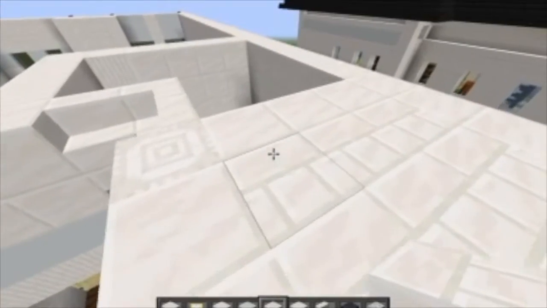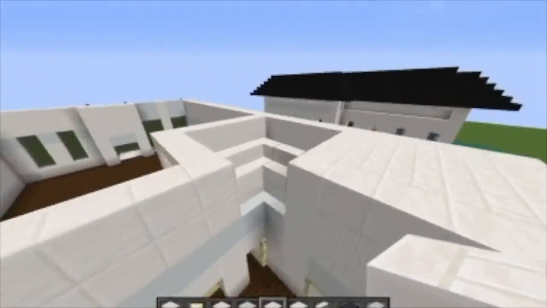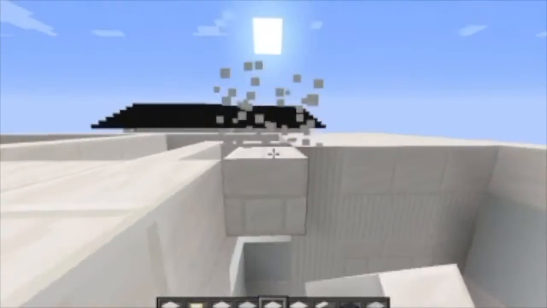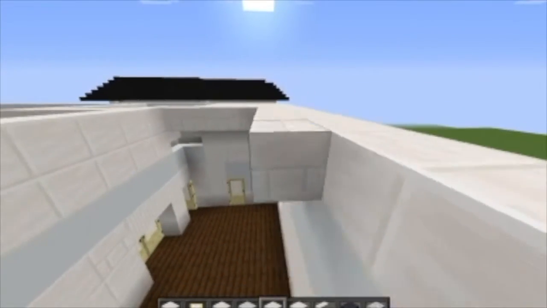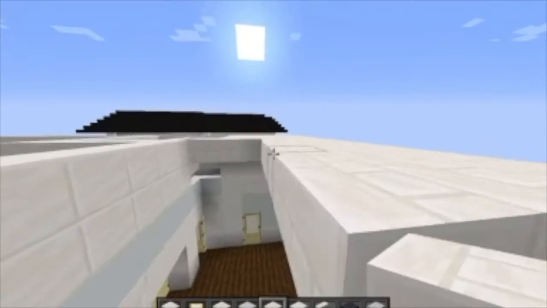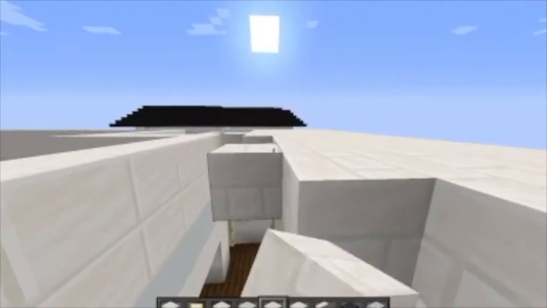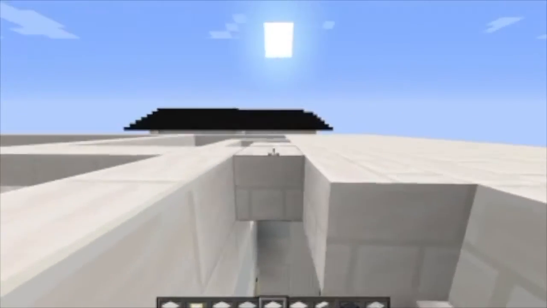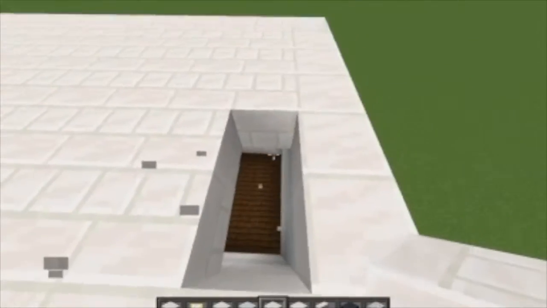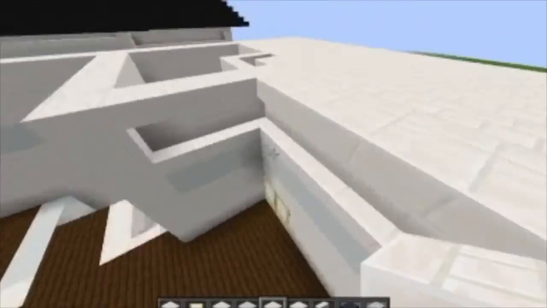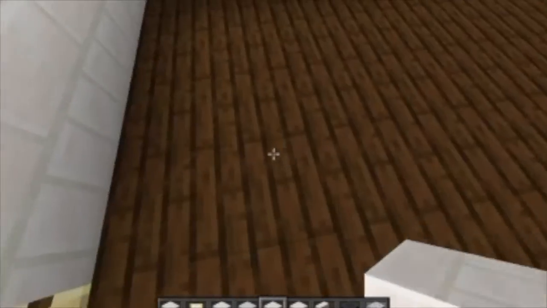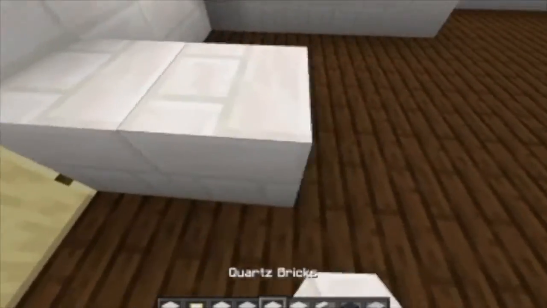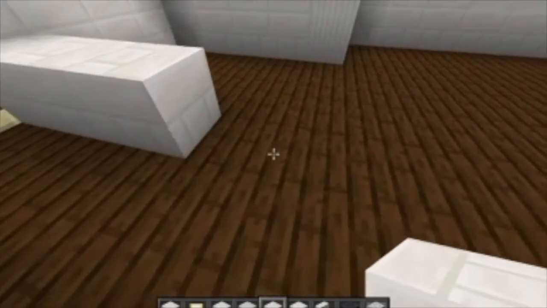That's what I kind of decided to do for my ceiling for both apartments. Like this, and like that. So this one's going to be slightly taller than the other one, as you can see already, because there's nothing really covering it. So this one's going to be 6 blocks or 5 blocks tall. Alright, now that we have this set, now moving on to the next room, which is going to be the